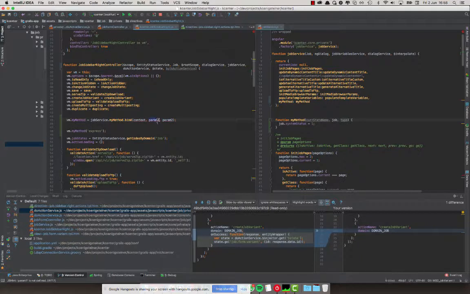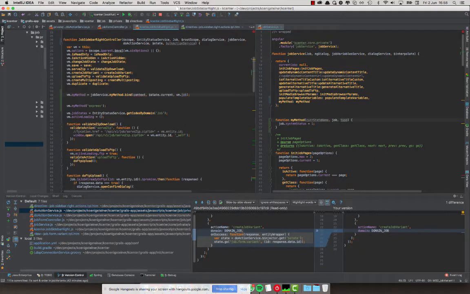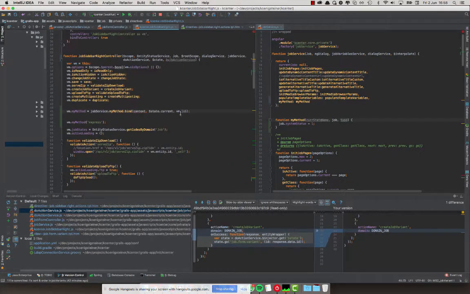So then, in order to initialize these two things, we can just go ahead and set state.current, right, for the current state name, and then the VM.job, we just have to make sure that it's actually assigned somewhere. So I want to do that in the init method or wherever we are sure that there's something on this, because this will not be re-added every time the my method is executed. That's important. It is only done on initial binding. So when this line of code is executed, the line 45 of this controller,